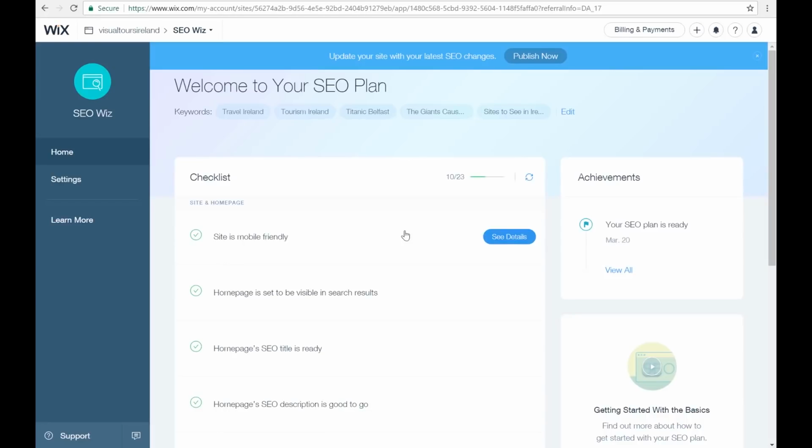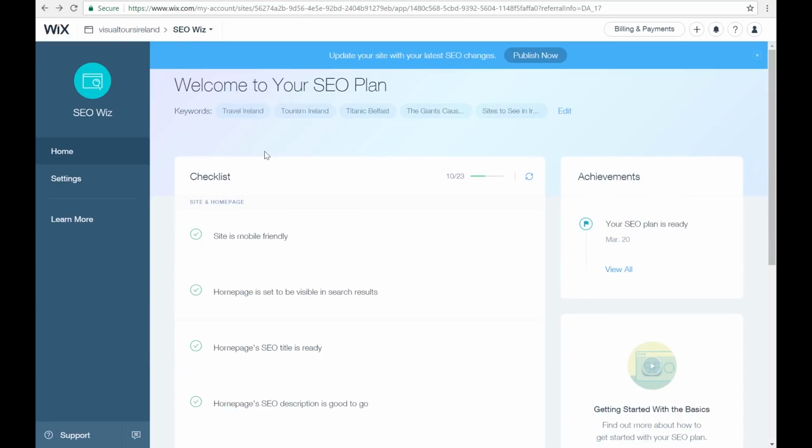So if we go back to my account on Wix, this is Wix SEO Wiz, and Wix basically makes it easy for you, and we can go through the steps and follow the guidelines, and it will hopefully get us off to a good start when ranking in the search results.